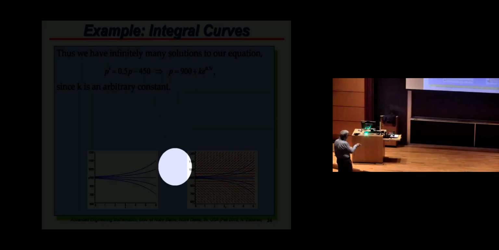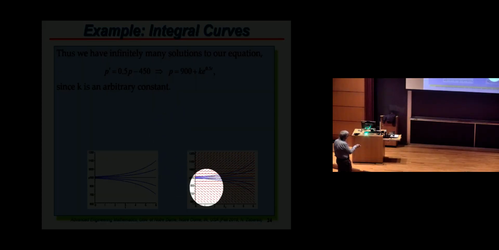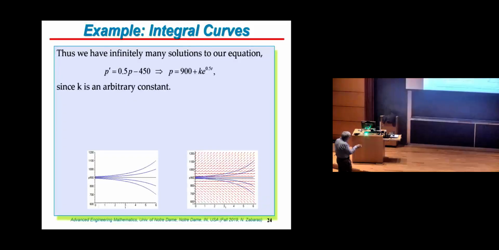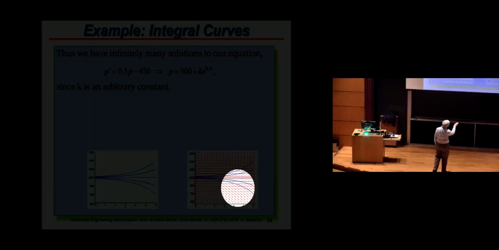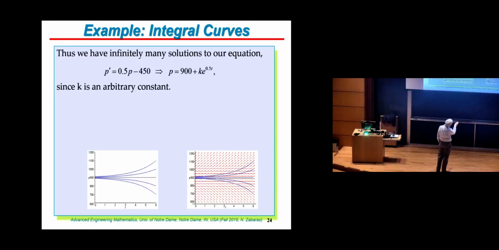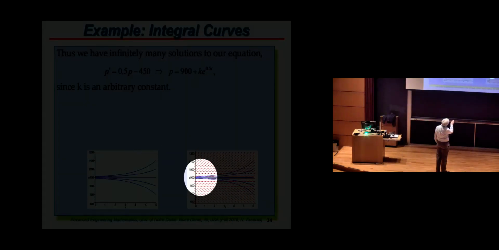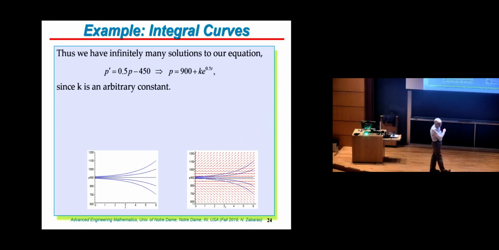The idea of the arrows is that you don't really have to solve the equation. If you have these arrows, you start from the initial condition and follow the directions of the arrows. It tells you at each location where to go next. It tells you what the velocity is. So you follow the arrows, and the arrows go downwards. That's why you see this path. If you're above 900, you follow the arrows and the arrows go up, so the population will grow exponentially.